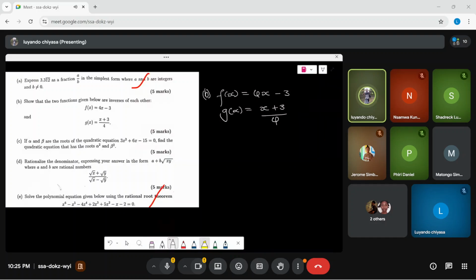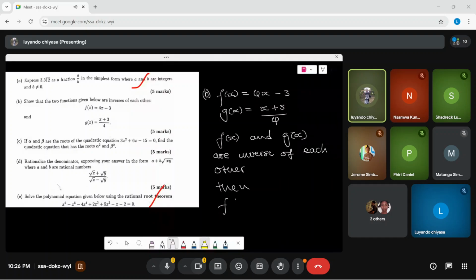So we need to show that the two functions are inverse of each other. And we know that if f of x and g of x are inverse of each other, then